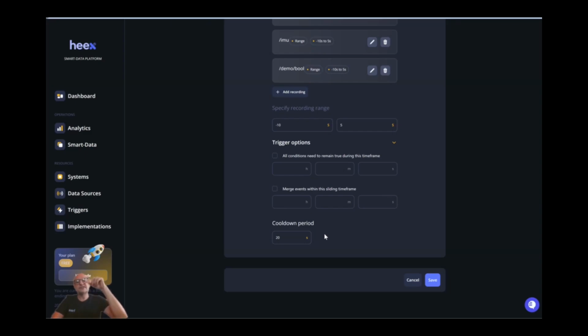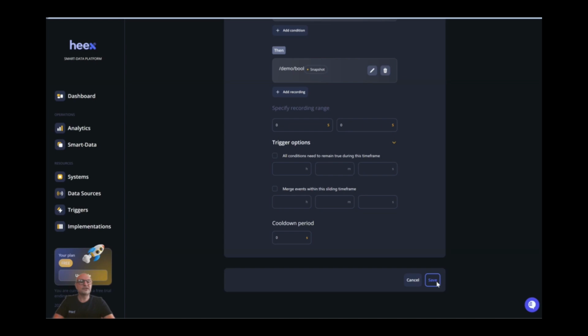Sometimes the signal is oscillating around the threshold, and instead of generating maybe dozens of events at the same period of time, we will only record one, and for the next 20 seconds, we will not record any new event. After 20 seconds, it will continue the normal way. Okay, let's save